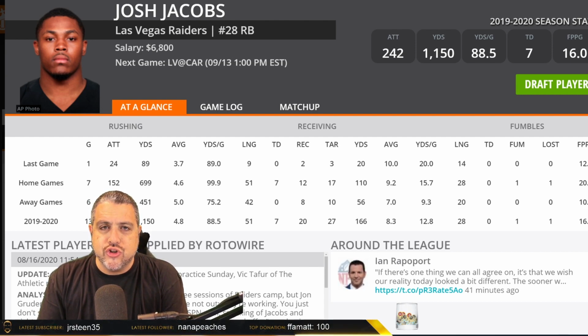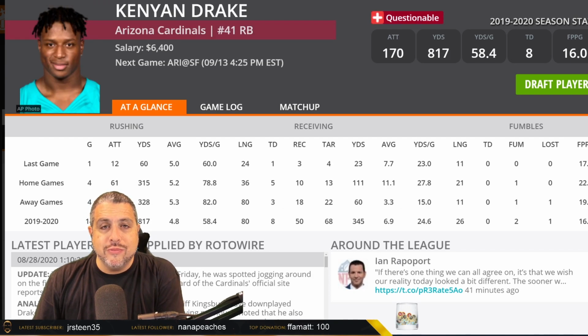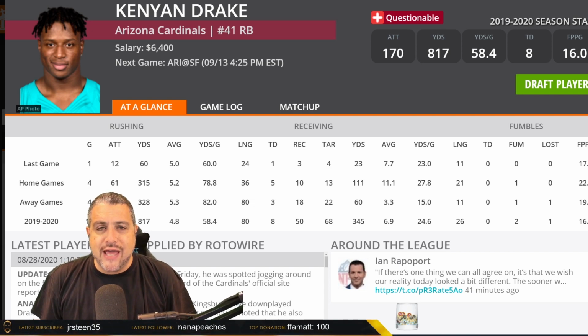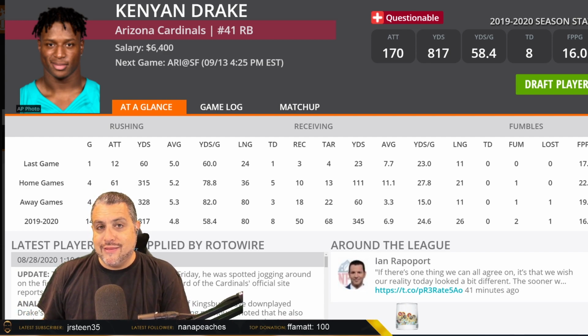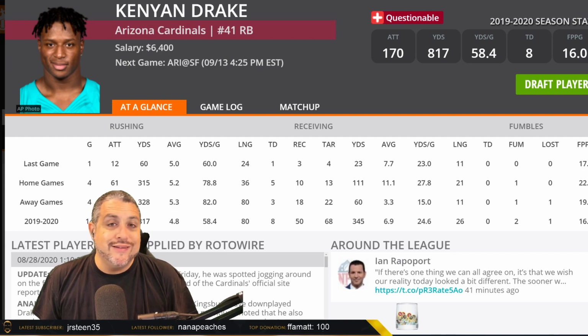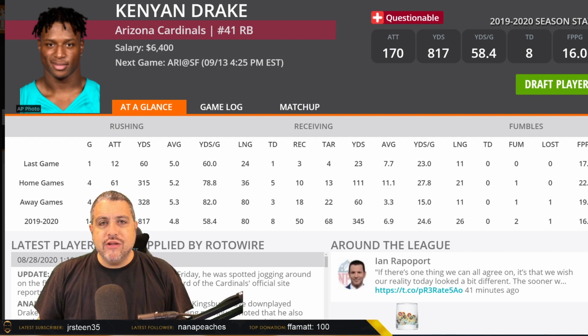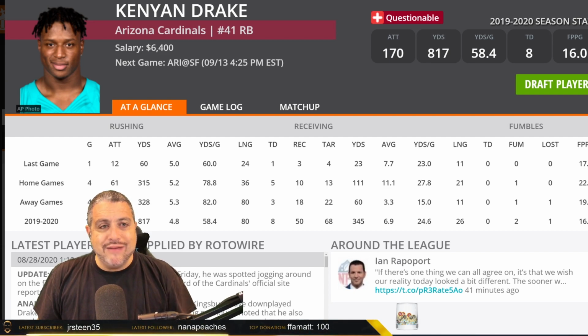There's been a lot of noise about Chase Edmonds and how Cliff thinks that he can take over next year as the lead back in this offense. But down the stretch last season, there weren't very many backs in the league that saw as much volume as Kenyon Drake did. Now, granted, there were injuries on that team, but you're talking about 85% of the snaps, 85% of the carries, the majority of the catches for the running backs on that unit. Kenyon Drake is an absolute monster until he's not. And for that reason, especially in full PPR, but even in half PPR, I'm selecting Kenyon Drake